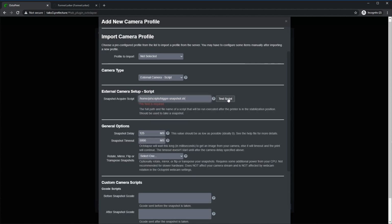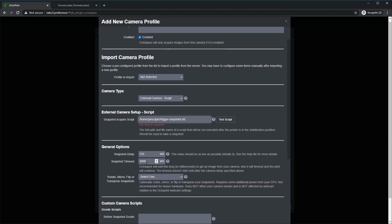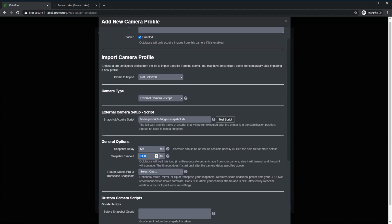And then I'm going to click this test script button. And when I click it, it's going to run this script. It's going to apply a timeout of, right now, this is in milliseconds, so every 5,000 milliseconds is 5 seconds. So it's going to time out in 5 seconds. Let's add a couple zeros here. We don't want it to time out while we're testing. So I'm just going to increase that. And then when I hit test script, it's going to run the script and tell me whether or not it